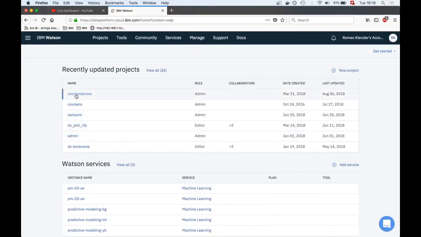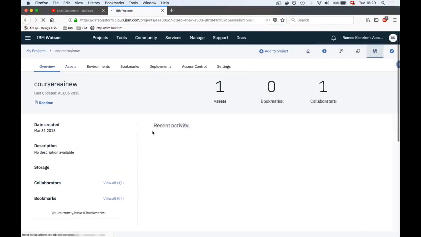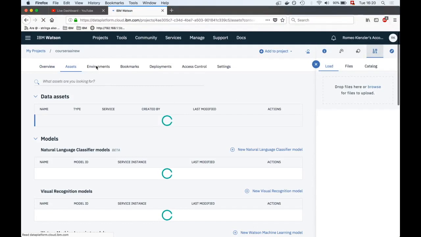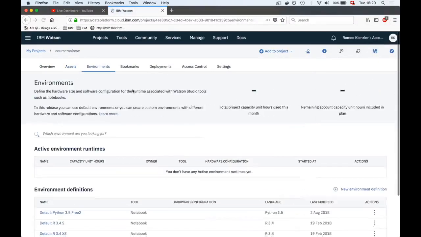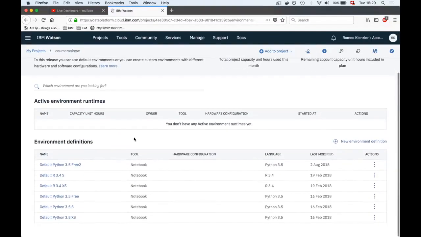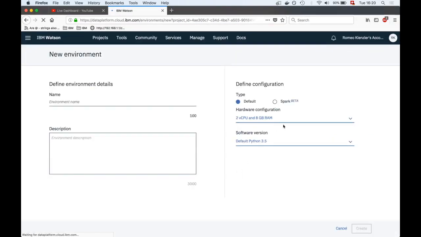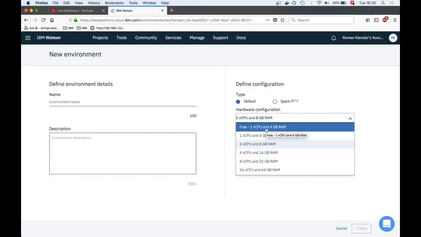And for example, let's take one project here and click on environments. Then you see here you can create different environment definitions, and let's say create a new one just for the sake of demonstration. Here you can choose the hardware configuration. You see here 1 virtual CPU core and 4 GB of RAM is for free,